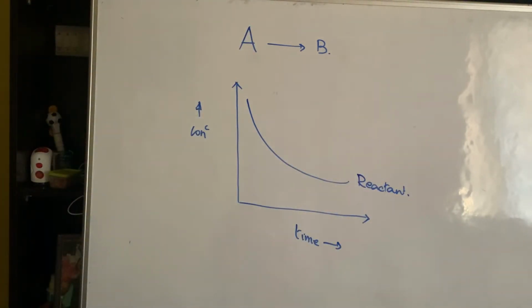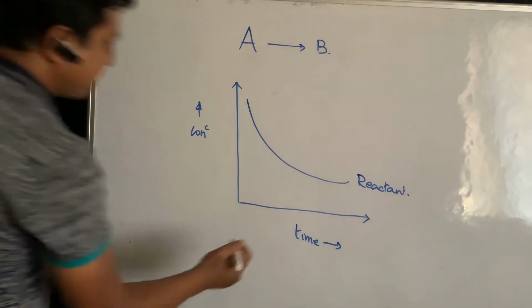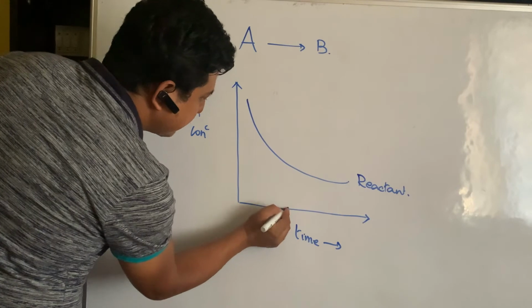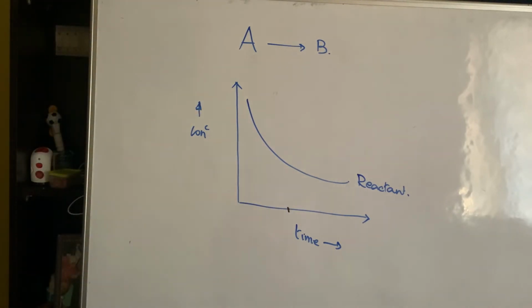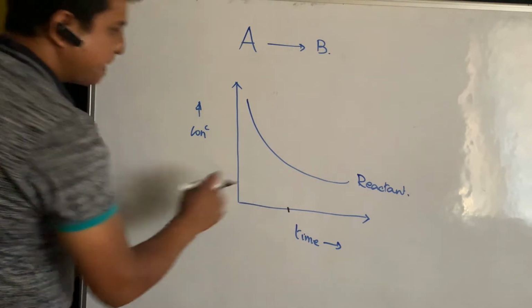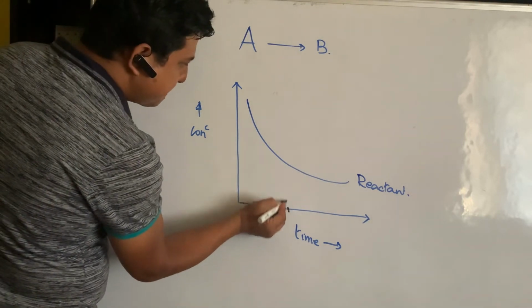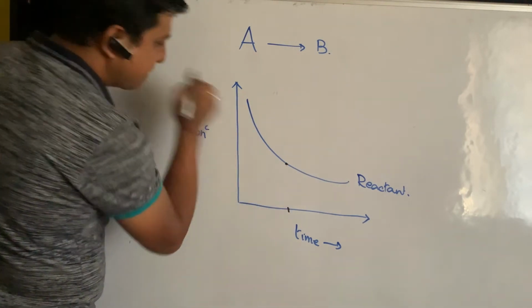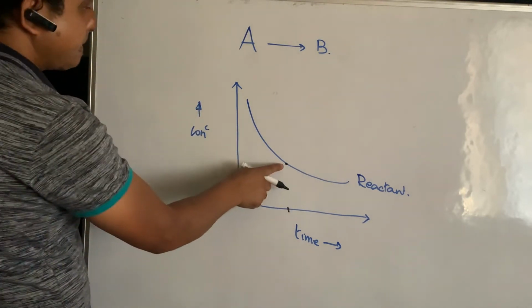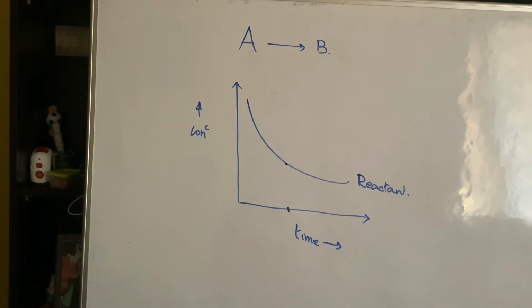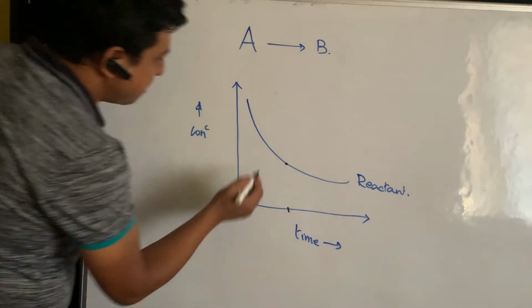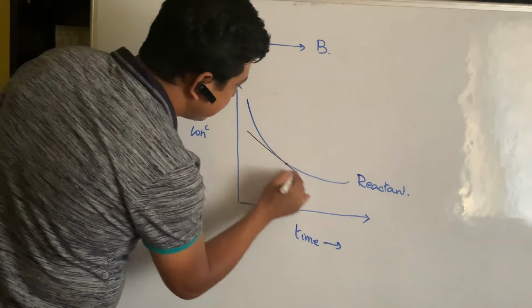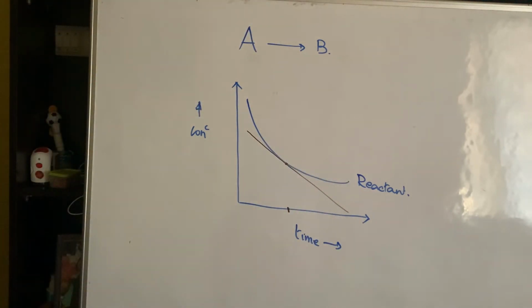Fine. So listen carefully, it will take a minute. Suppose you are asked to find out the rate of a reaction at this particular time. Now what you do, you draw a perpendicular out here. So you need to find out the rate of a reaction at this particular point. Okay, so how are you going to do it? You draw a tangent passing through that point.